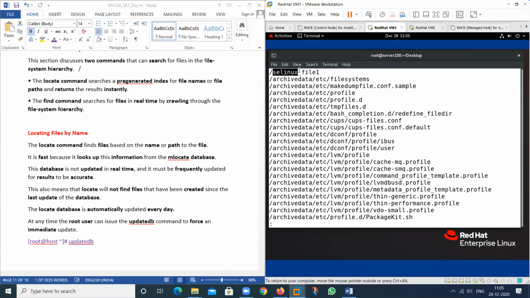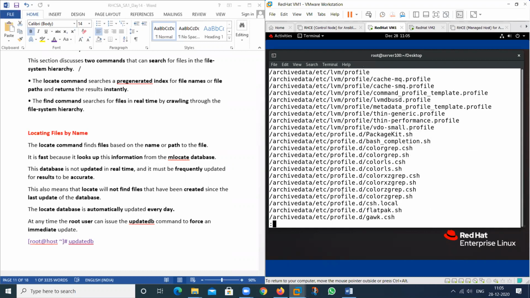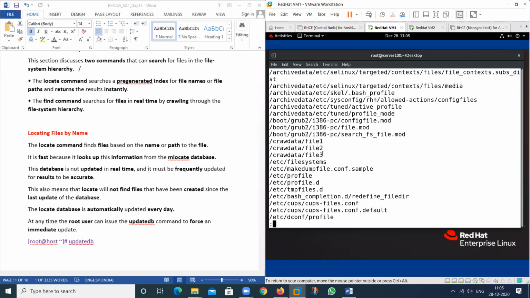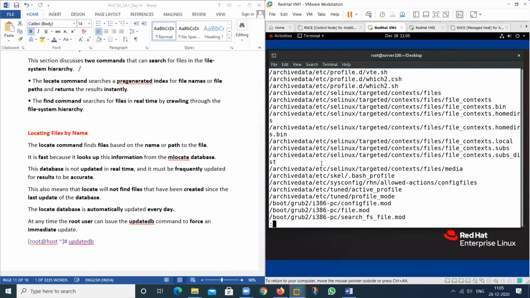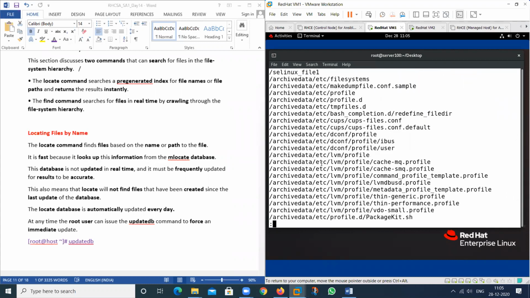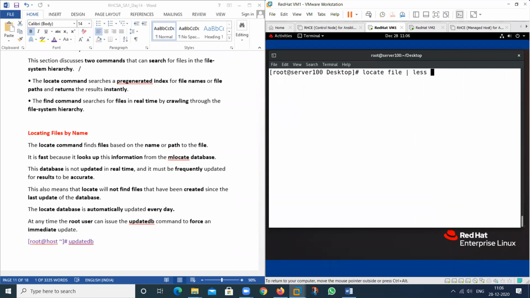This is my file that is located in this particular location, and we have all the other files whose names start with file, such as profile. See here, a lot of files. This is my file, file1, file2, file3, and a lot of files that start with file1. But I will type another name, filea.